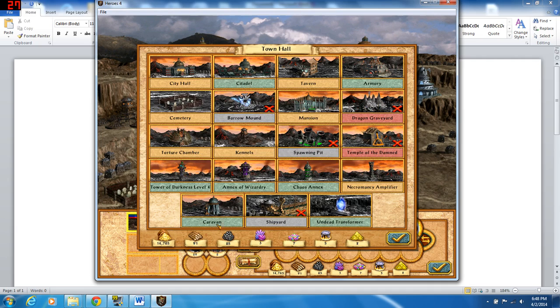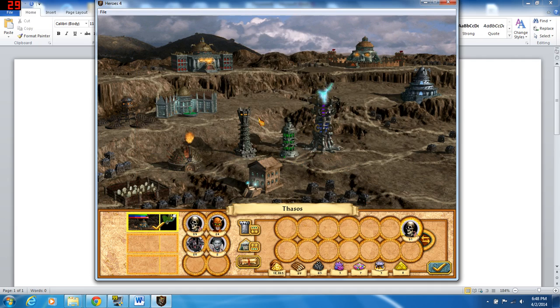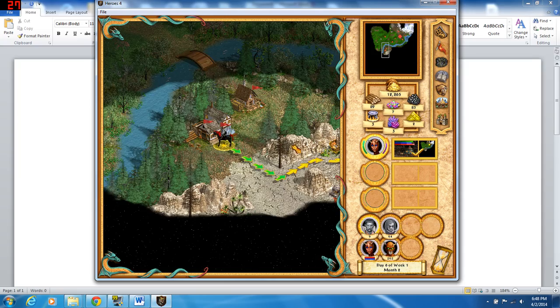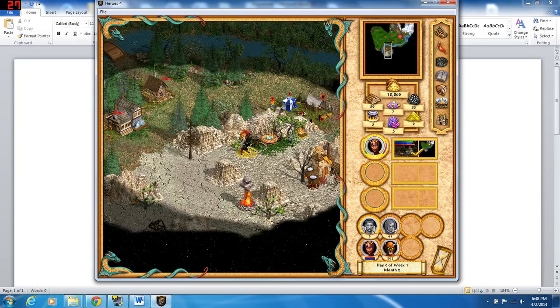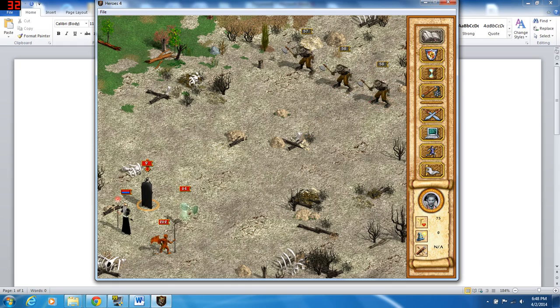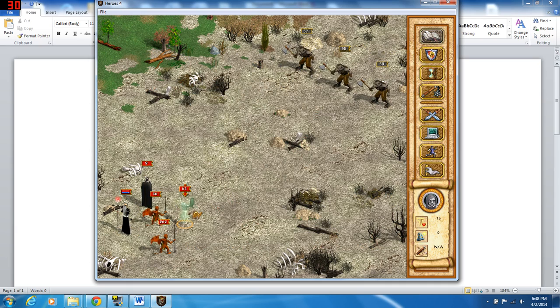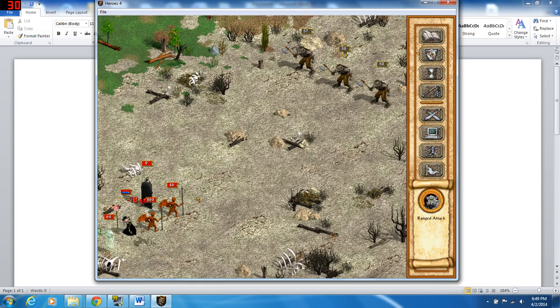What did we need? Chaos Annex. And we needed sulfur. We probably should have gone for a sulfur one, but it's alright. Just demonstrate on the card. Got this. Take the shots first. And again,